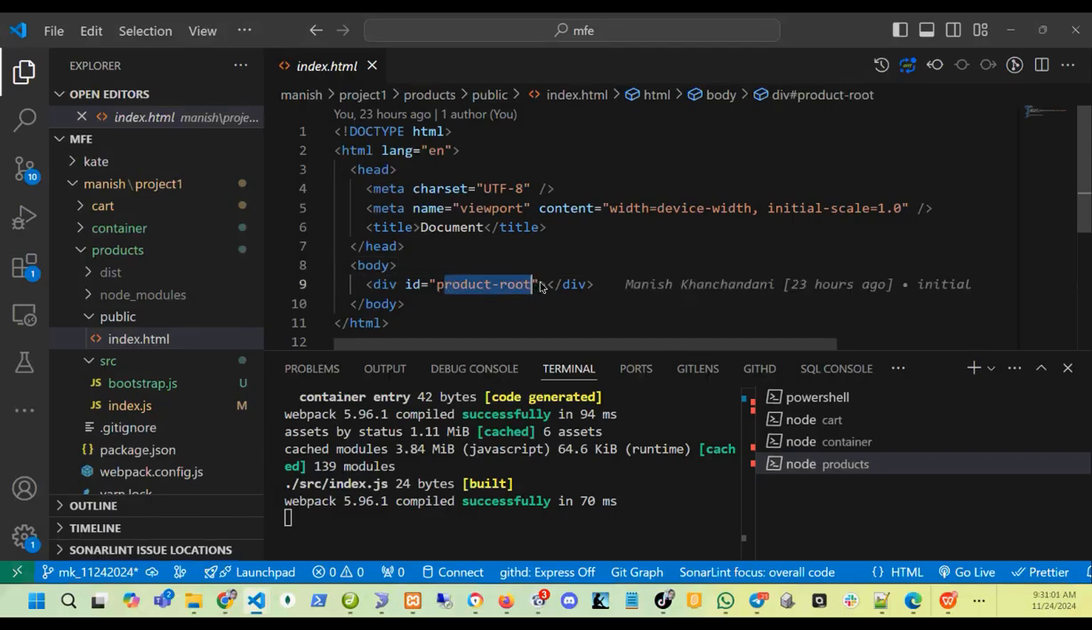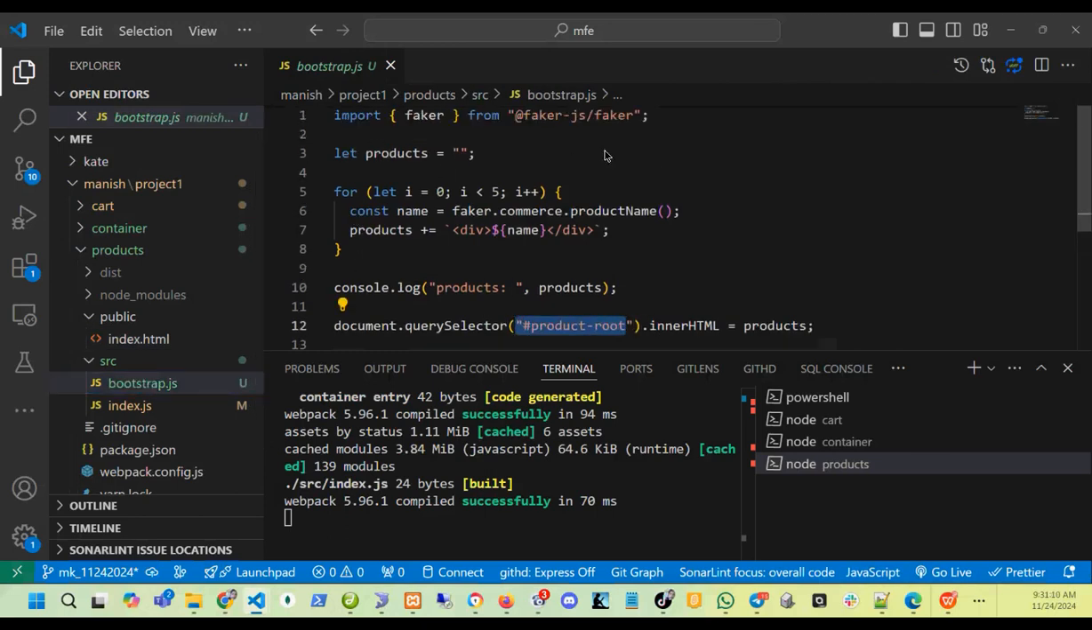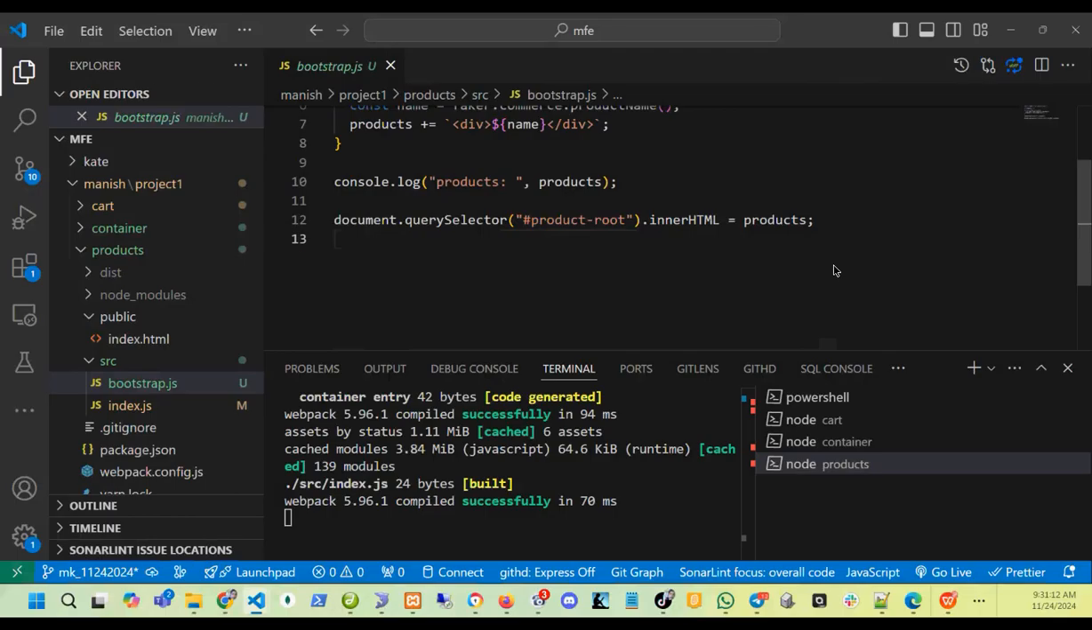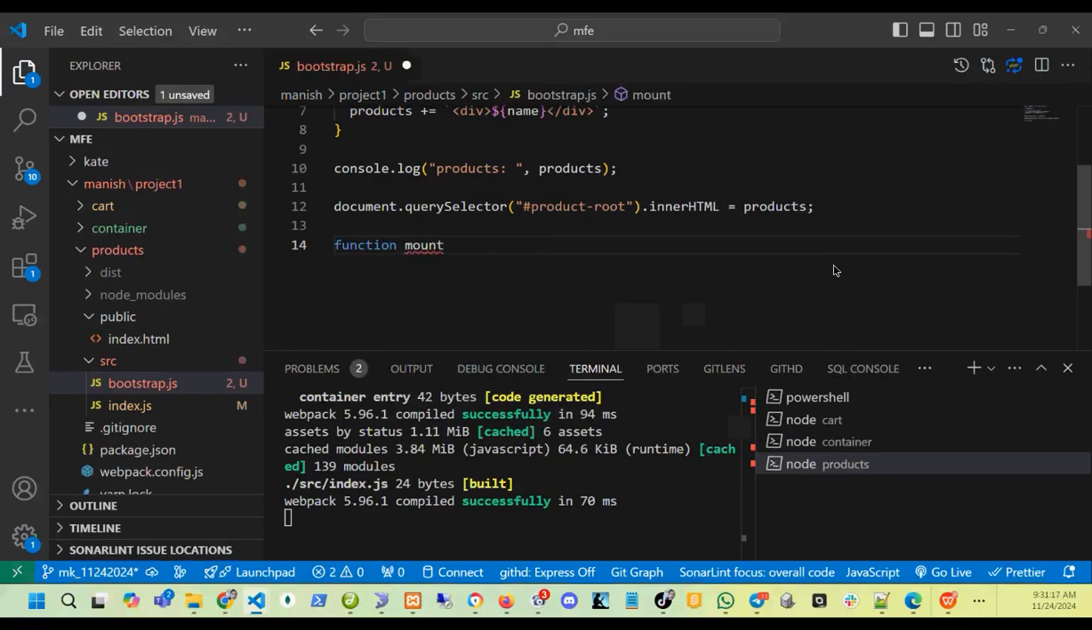So this can be product root, and in the container we are calling it a different ID. So it should be dynamic. We should not hard code this value to product root. So what we have to do, we will create one function. The name of the function is mount,